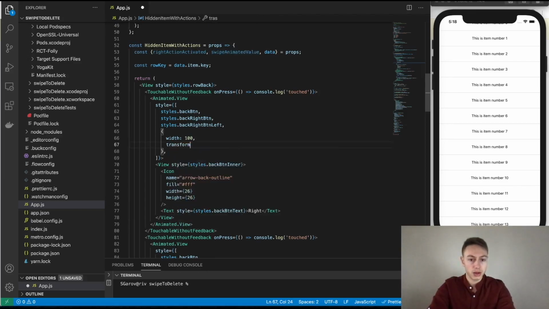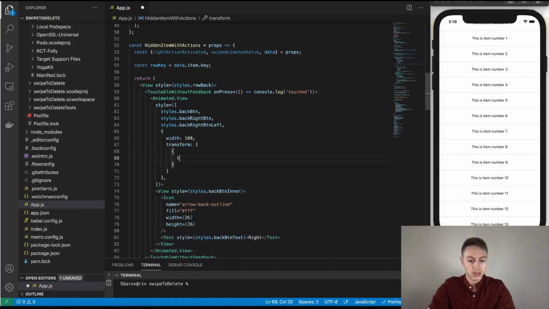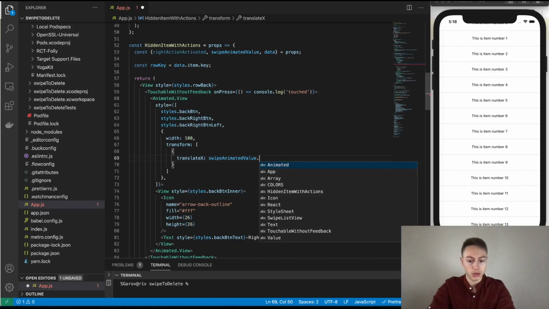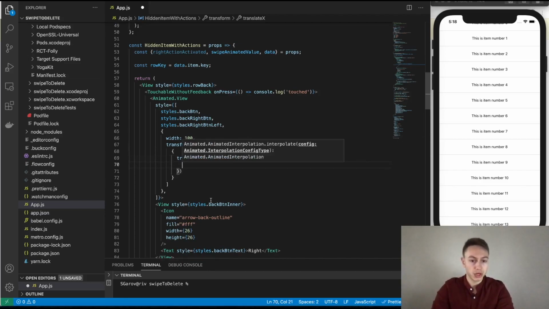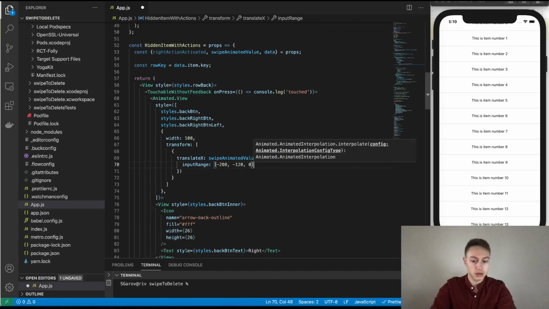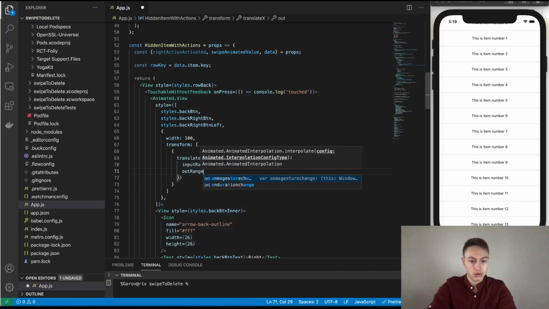So that creates this effect of kind of like what we have in the demo. So we're going to add a translate X property, and we're going to set it equal to the swipe animated value, and we're going to interpolate that to basically map some input ranges to some output ranges. So we're going to add an array of input ranges. The exact values are -200, -120, and 0, and the output range for the left button would be -100, -20,